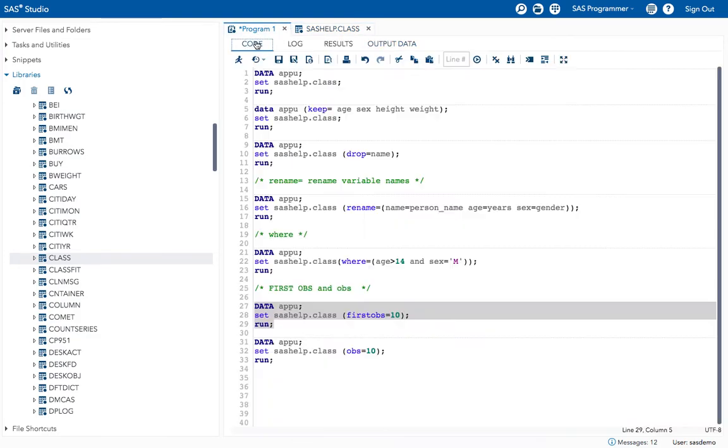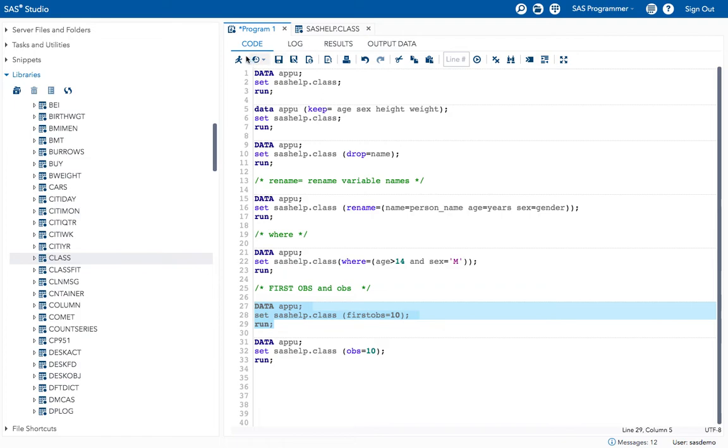Okay, no problem. See, FIRSTOBS means from where our observations should start. I want my results from the 10th observation. I don't want anything before that. I just want my data only from the 10th observation. So in that case I will use FIRSTOBS.